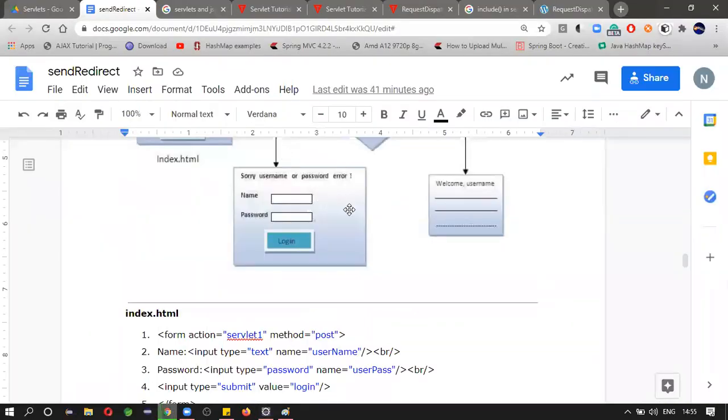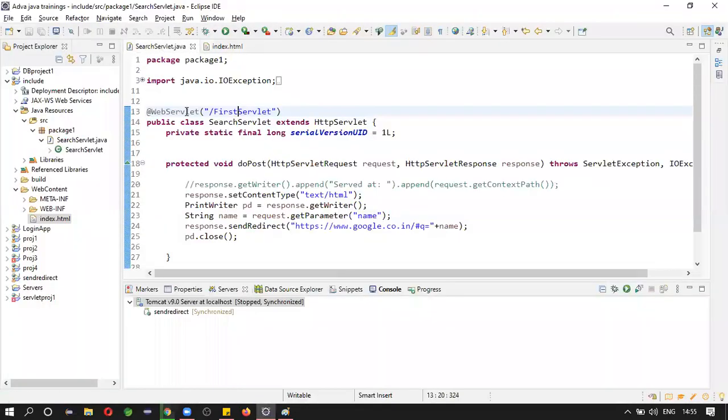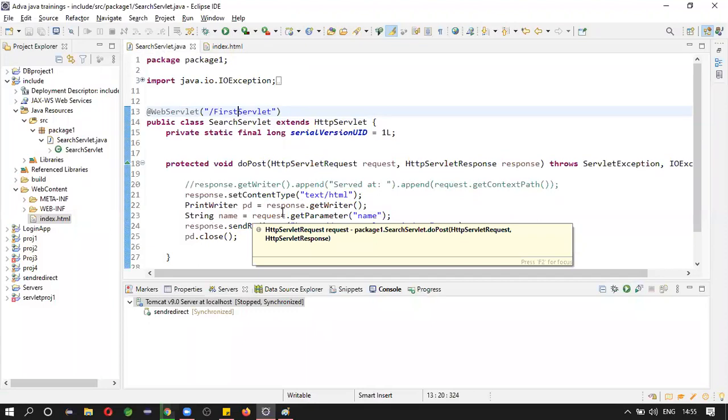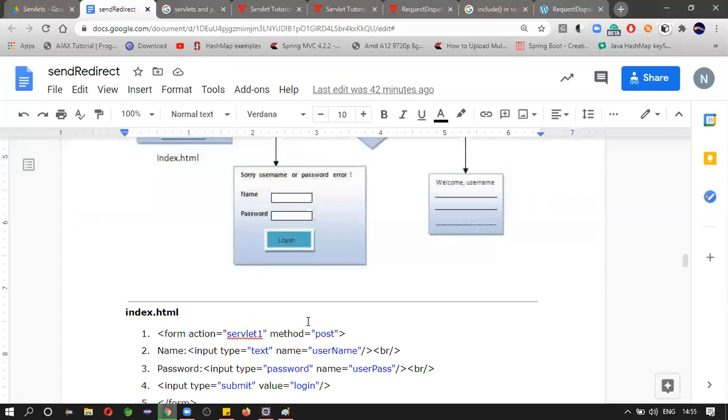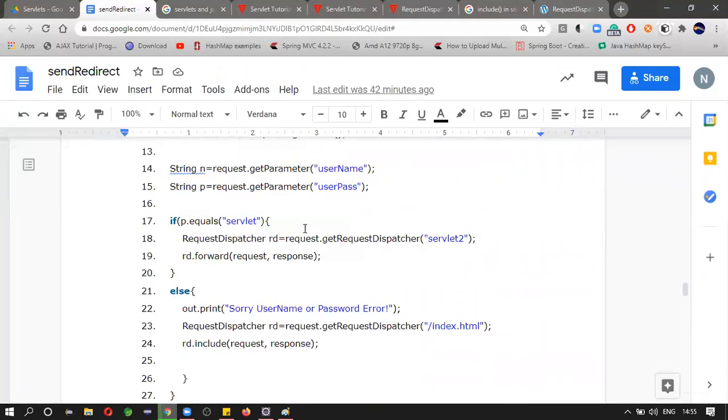So we can write it any way. You can directly do all the code in this single servlet, or else you can forward this request to another servlet, and in that servlet you can also do the process. Either you can do it; the example was given here, but there is no rule that you must do it like this.